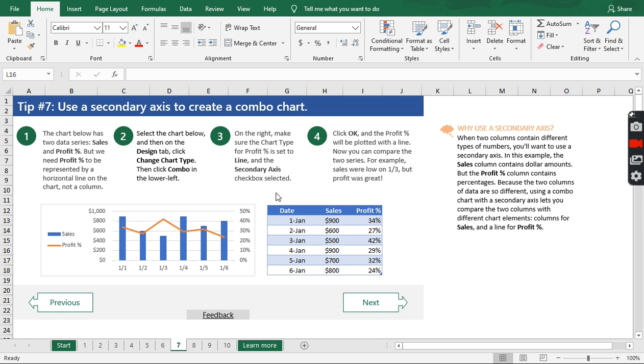Anyway, we are on... I don't even know what part we are on. Is this part four? This might be part four. Anyway, we're going through an Excel tutorial. We've gone through tips 1 through 7 at this point, and hopefully we can finish this up with 8, 9, and